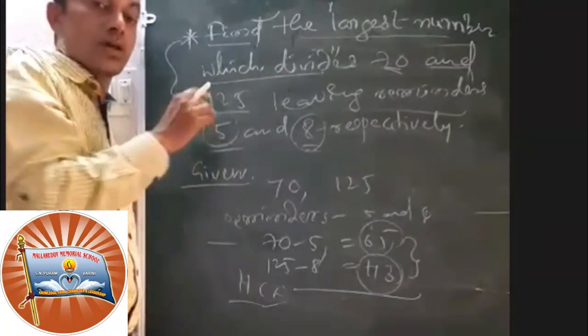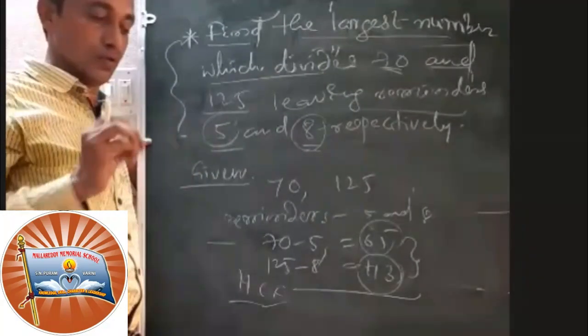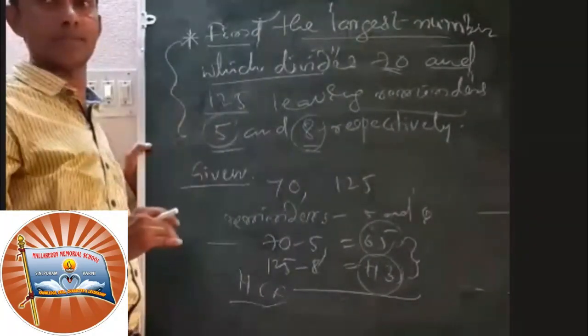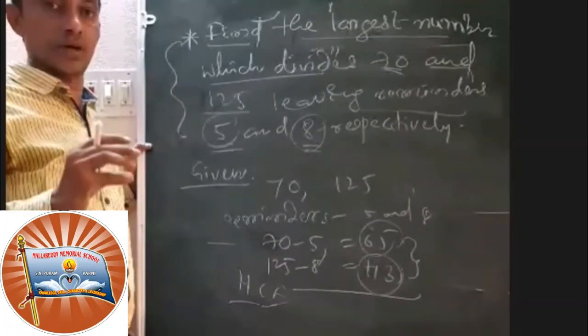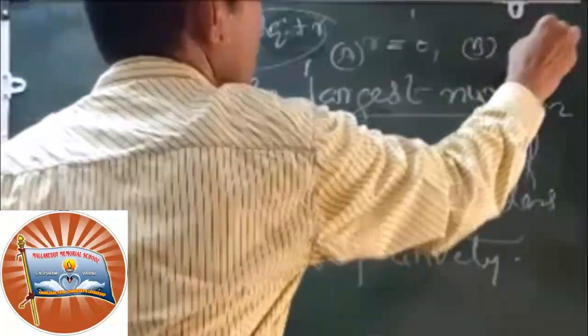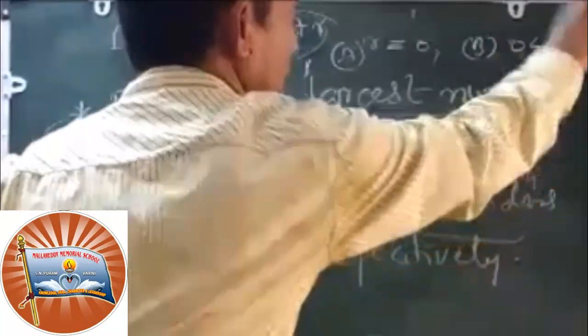Understand? So this is the way you have to prepare for the examination. There you won't get a direct problem from the textbook, but you will get such a parallel problem from your textbook. So if you prepare the Euclid division lemma, then a is equal to bq plus r. The options will be like this: r is equal to 0 always, or r is less than b, or 0 less than r, like this.